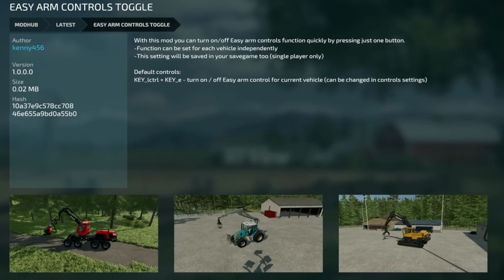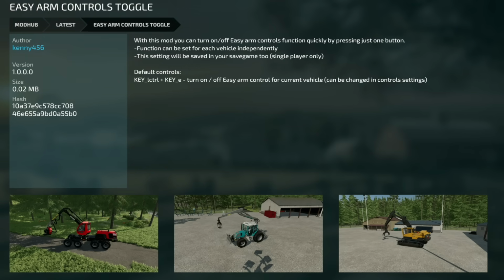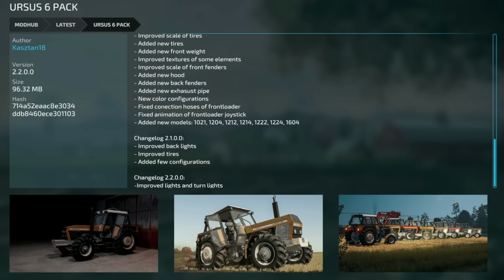And your other new one today for PC and Mac players is Easy Arm Controls Toggle. This basically toggles on and off the Easy Arm controls. It was released last week at Farming Simulator 25, and hey, it's here for 22 as well. Great news. Lastly, today, let's talk about updates for PC and Mac players, starting off with the Ursus 6-pack from